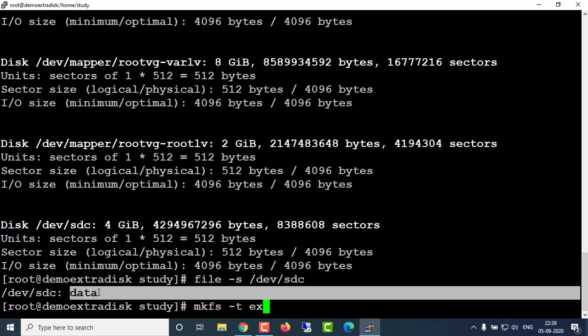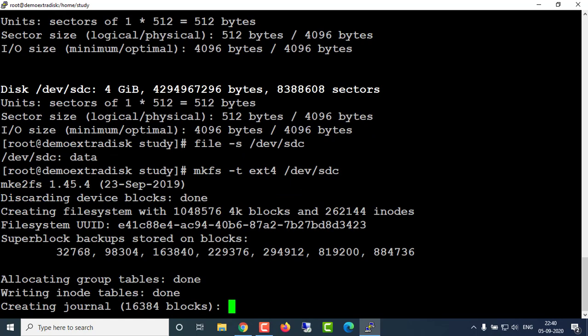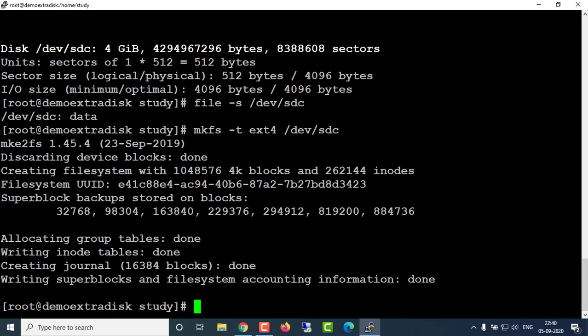It is ext4, and the disk name is /dev/sdc. You can see sdc is the disk name here. Okay, and after that I'm going to hit enter. Then it will take some time and the file system is created.